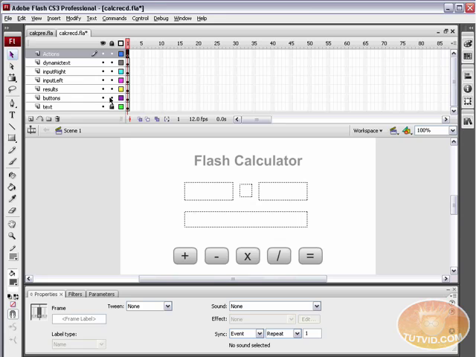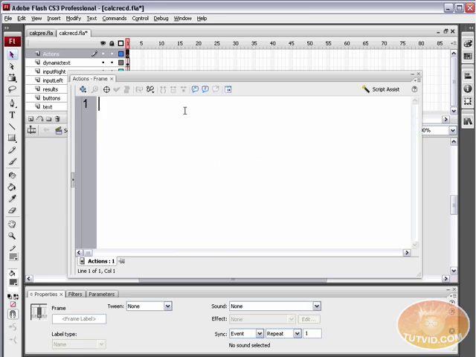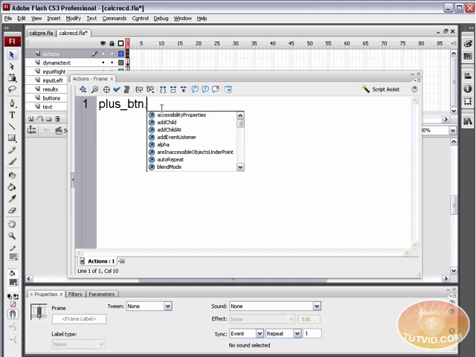So select the actions layer and hit F9, which is the hotkey for the actions palette or panel. I'm going to type plus_btn, which is the plus button's instance name. Now when I hit period, notice I get this little tooltip because Flash knows I'm dealing with a button symbol. So it's giving me a bunch of